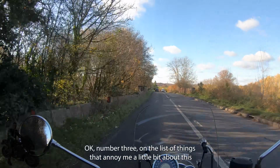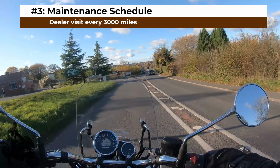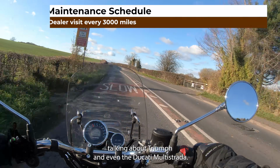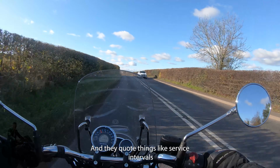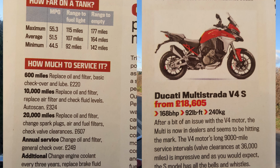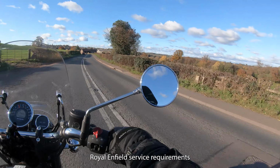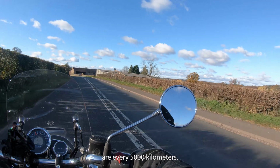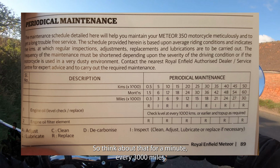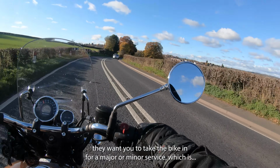Okay, number three on the list of things that annoy me a little bit about this motorcycle is the maintenance schedule. I've been reading magazines like Ride talking about Triumph, even the Ducati Multistrada, and they quote things like service intervals have been increased to 9,000 miles, 13,000 kilometers. And so you think, okay, that's great, I can ride this bike for a long, long way without needing a service. Royal Enfield service requirements are every 5,000 kilometers. So think about that for a minute. Every 3,000 miles they want you to take the bike in for a major or minor service,